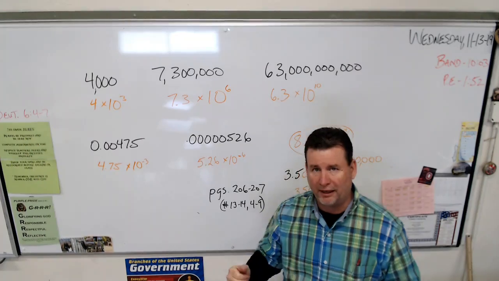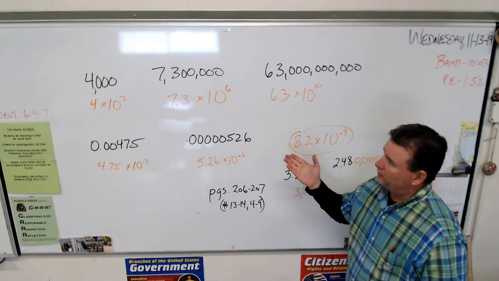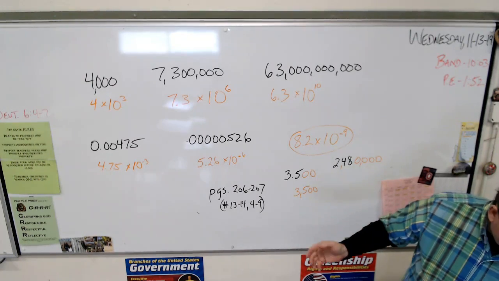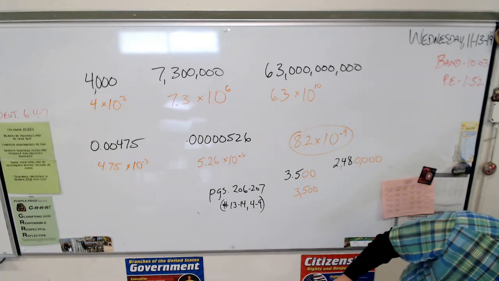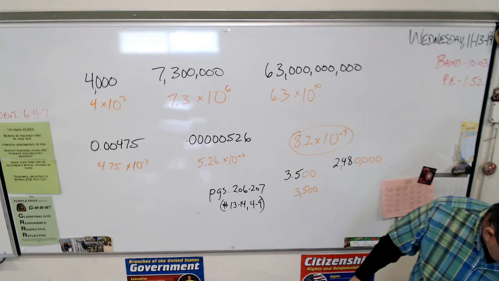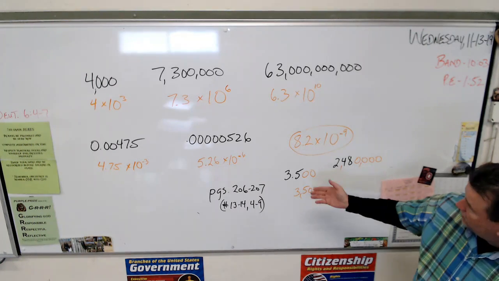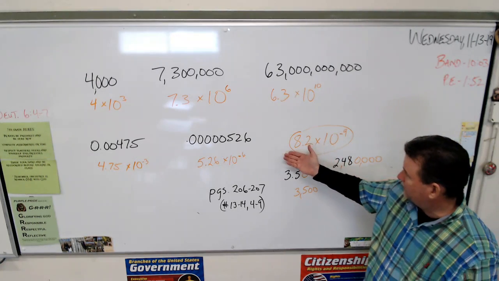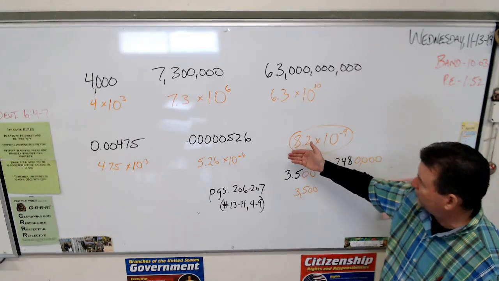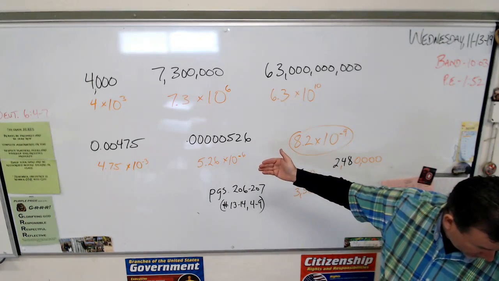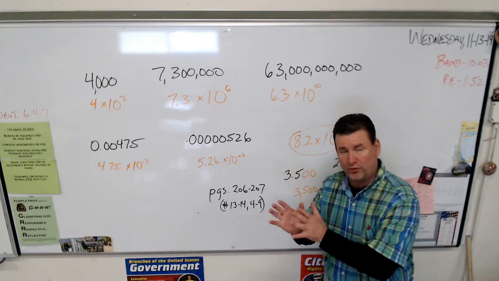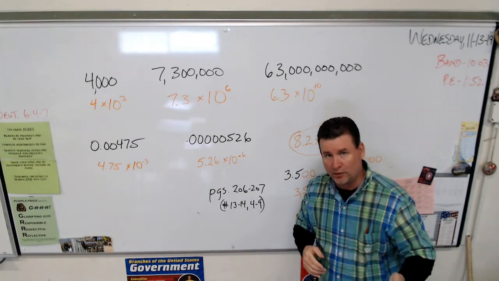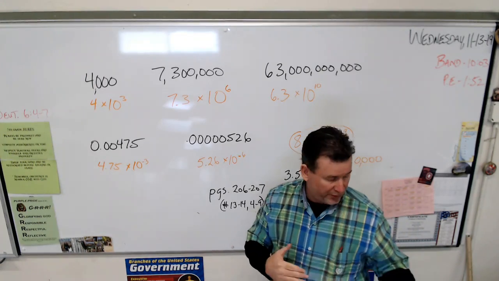What's on the board now is the answers to the scientific notation, which would be the next lesson. And these are the answers on the board to numbers 1 through 5 on page 206 as we introduced scientific notation. We're going to review it again tomorrow, so hopefully if you read through the examples,